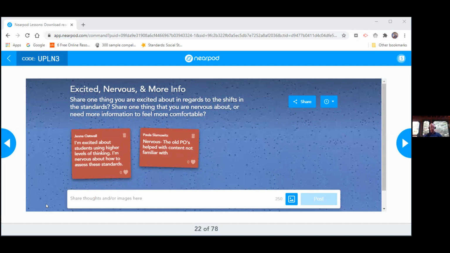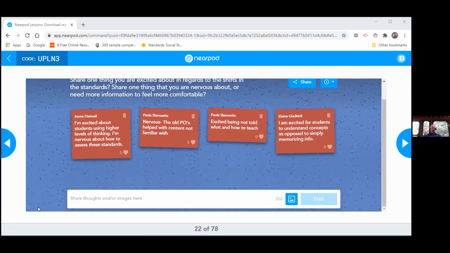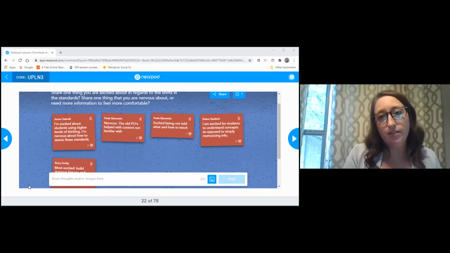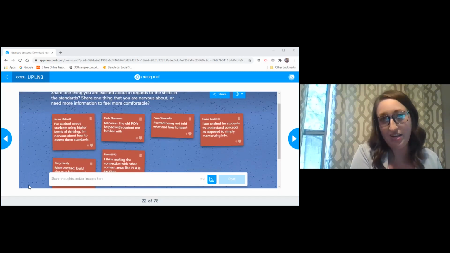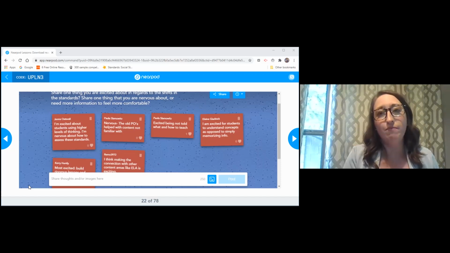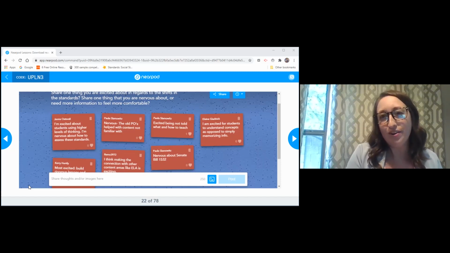Yep, higher level thinking. Assessment. We had the same discussion with the 6th grade. Yeah, now that there is a broader connection to the storyline rather than the standards and content specifically, I know a lot of my teachers were nervous about knowing exactly what to teach. Like, am I teaching the exact right thing? And that shift was hard because it's not about teaching the exact right thing. It's about utilizing the structures, utilizing the standards to teach the story.